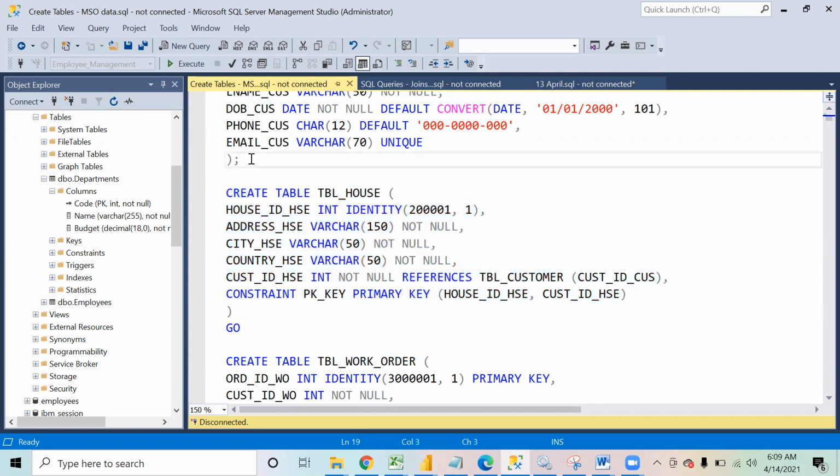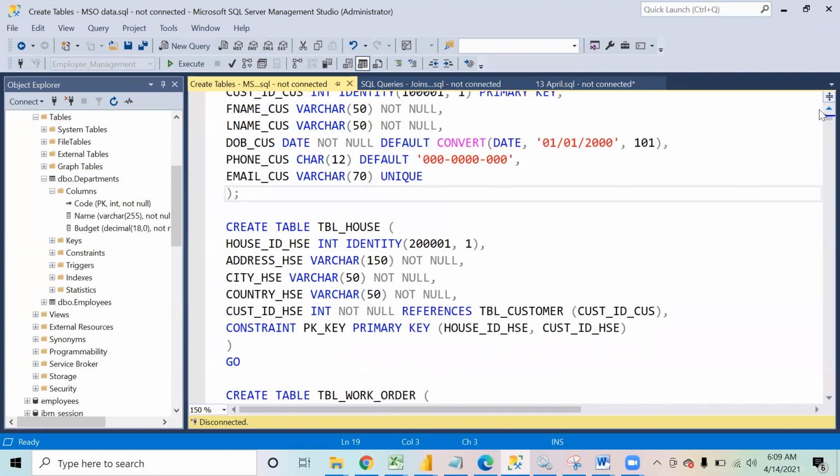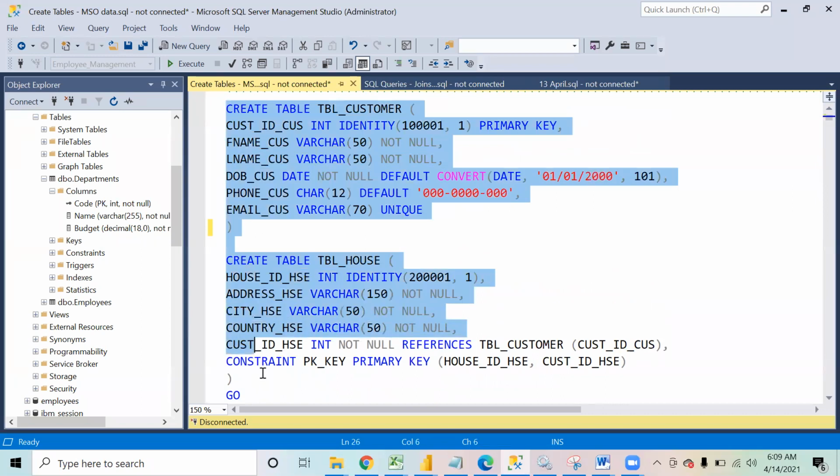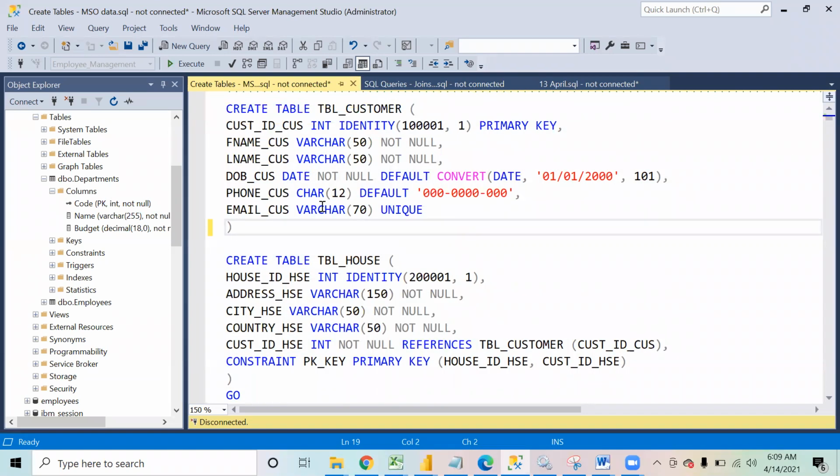if there are no such stoppers, SQL tries to execute all the commands in one go. So it will try to create this table and this table together. If no semicolon is given, it will try to create these two tables together. And if the two tables have some connecting points between them, creating them together in one go can create a problem. That is why we put semicolons if we are executing everything in one go. So instead of a semicolon, we can use Go also. Right.